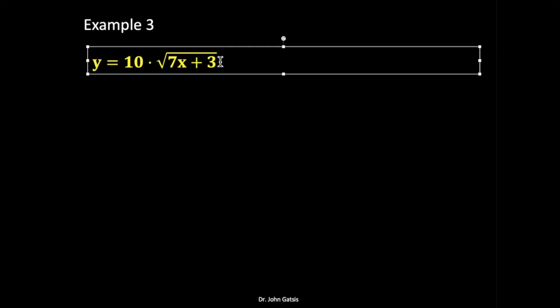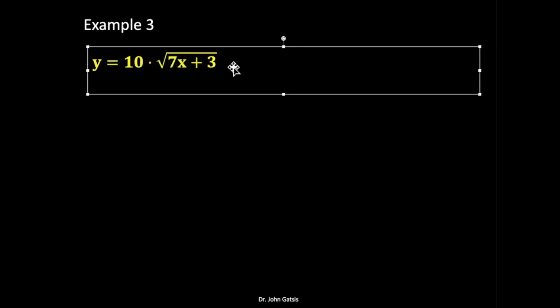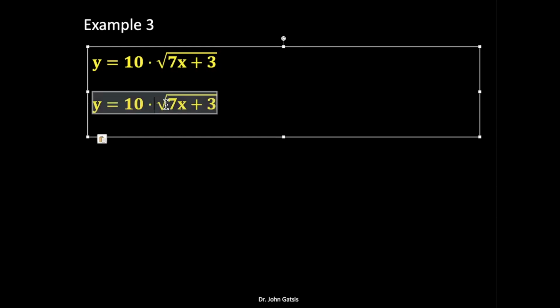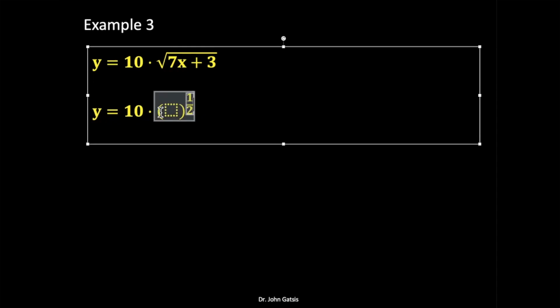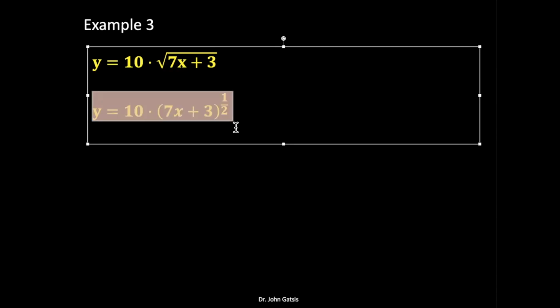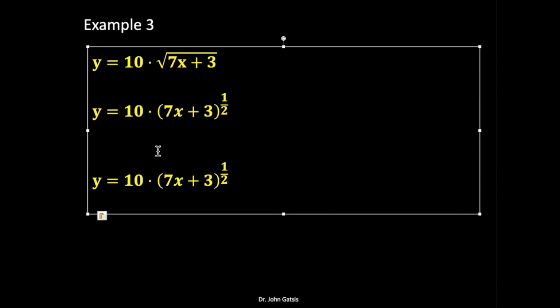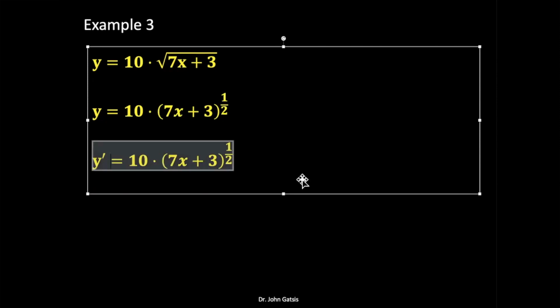Here we have a situation where the original function does not look like a power because we're dealing with the square root. However, you should recall, based on earlier videos and your exponent laws, that square root is simply a power of 1/2. Now we can take that rule and do the following. Let's just copy and paste here. Okay, so we're going to take the 1/2